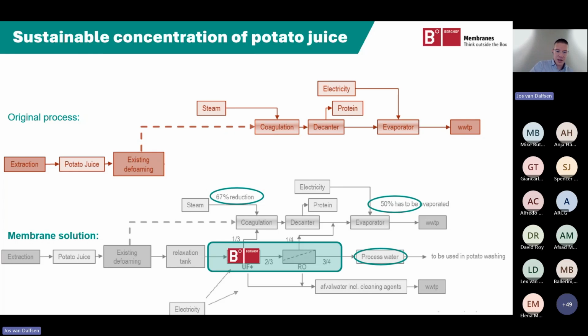So in this way, we produce and process about 240 cubes of potato fruit juice an hour over a campaign of about 6-7 months. Because a potato campaign is not a full year in a row, but it's typically in the Netherlands about a 6 to 7 months campaign period.